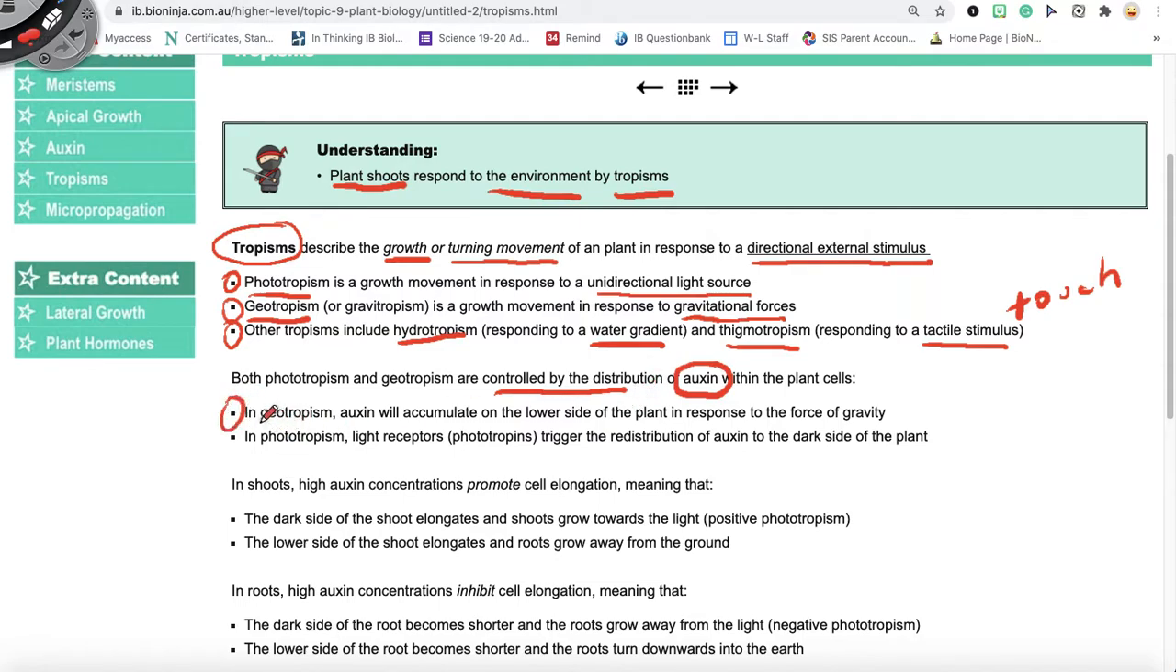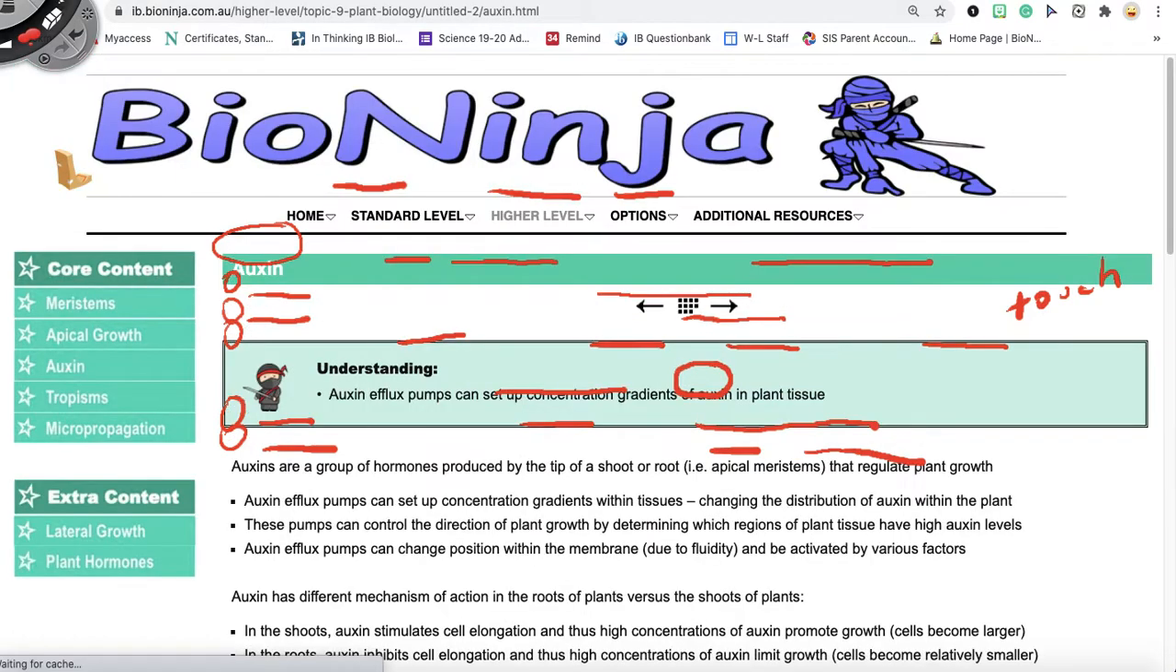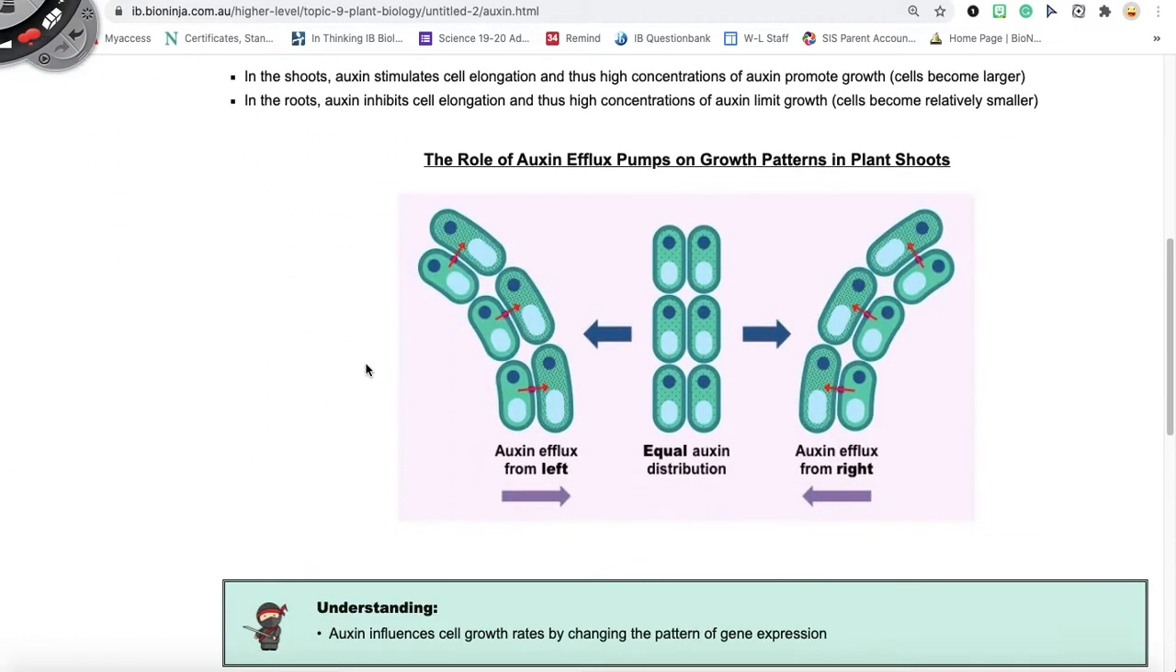So in geotropism, auxin will accumulate on the lower side of the plant in response to the force of gravity. And in phototropism, light receptors known as phototropins trigger the redistribution of auxin to the dark side of the plant. So remember that we saw this already in a previous section and how that happens. So let me quickly go back to that section. And if you remember here,